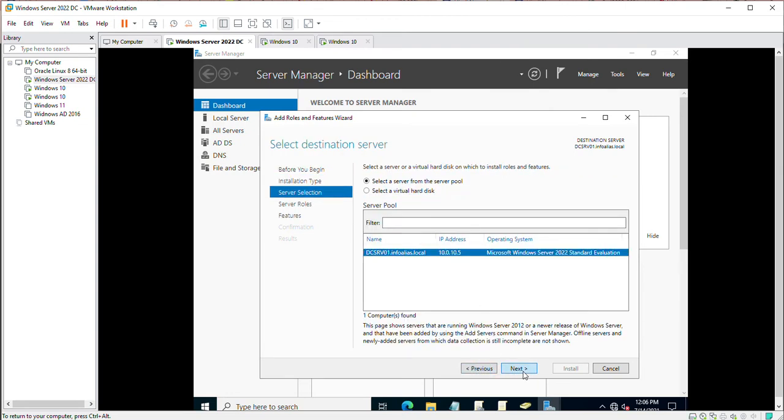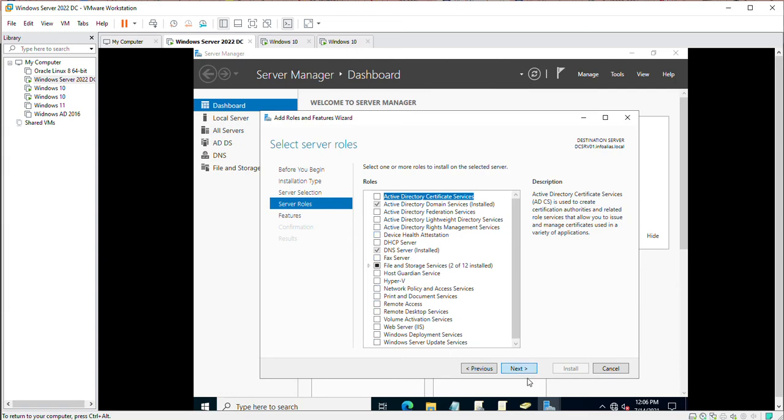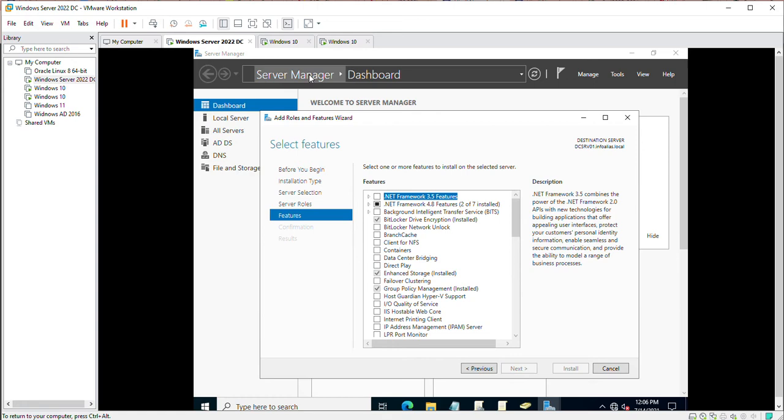This is the local server, so I am just going to select local server. Now next, and this is BitLocker Drive Encryption. If it is already installed, fine, and if you don't have it installed, you just need to select it and you can install this specific feature, BitLocker Drive Encryption. And I'm going to click on Cancel,